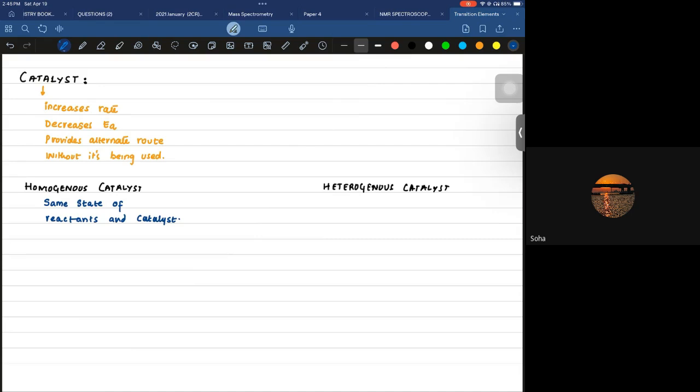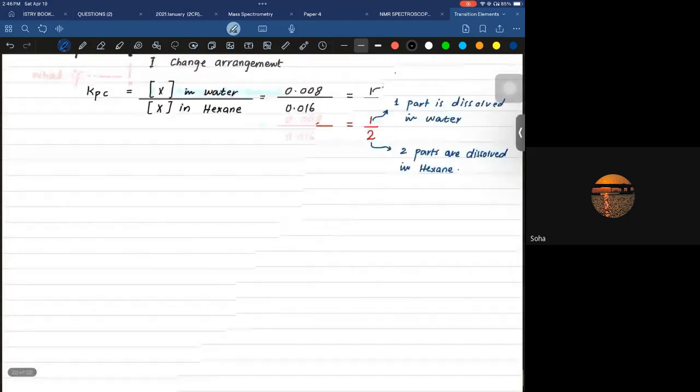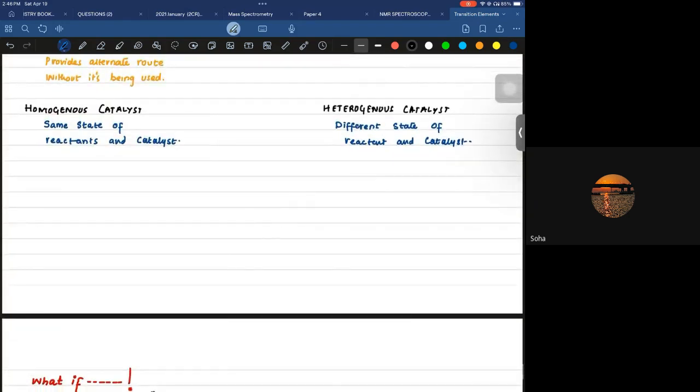And what if you have heterogeneous catalyst? When there is a different state of reactant and catalyst. Okay. So let's suppose we can define homogeneous catalyst. First of all, you need to know the graph of homogeneous catalyst. Okay. So you can see that